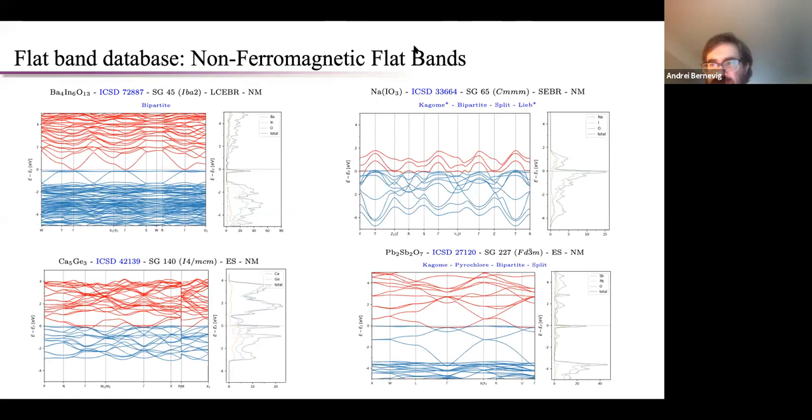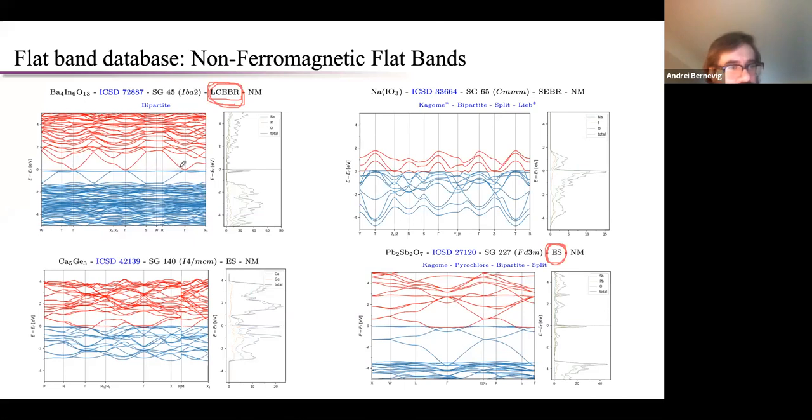In this case, you need to dope it. Kava's thinking of how to dope it, but it's not clear that it would stay flat after doping. But from the topological classification, you can also find when it's an enforced semimetal. So this is a linear combination of EBRs. LC EBR, linear combination of EBRs, is just a name, but it basically means that it's a sum of atomic limits at the Fermi level.